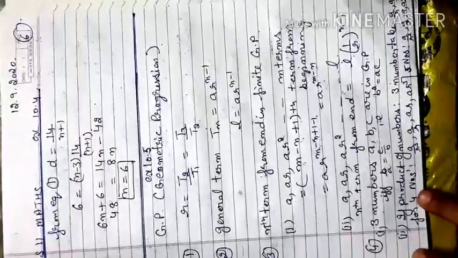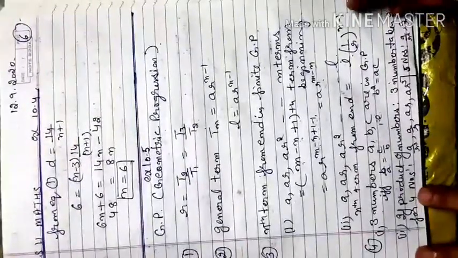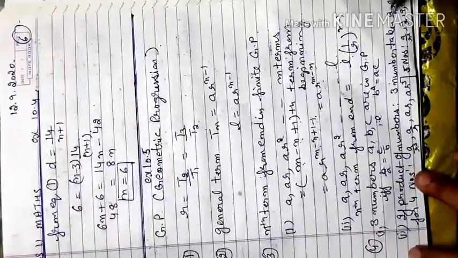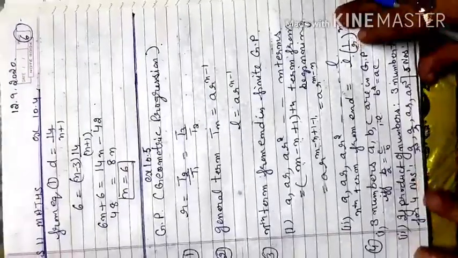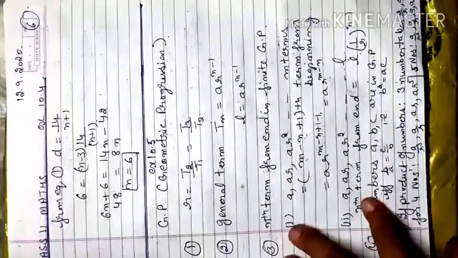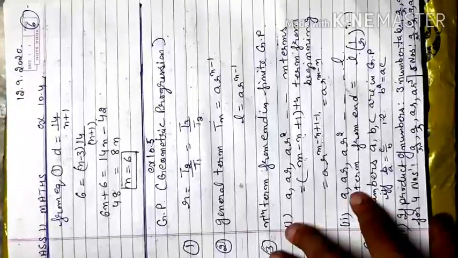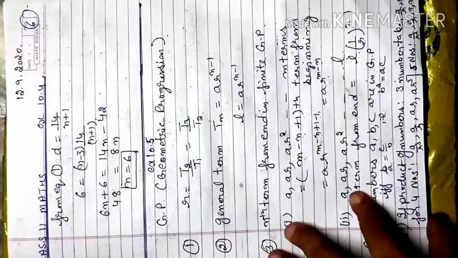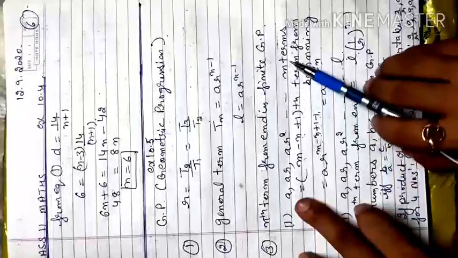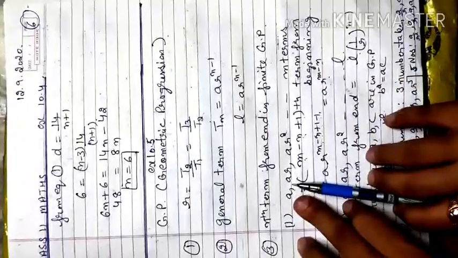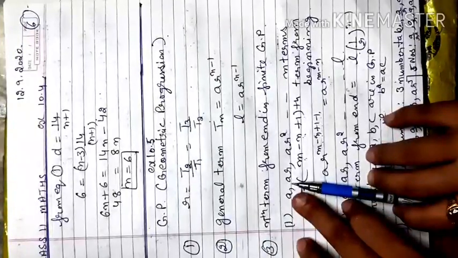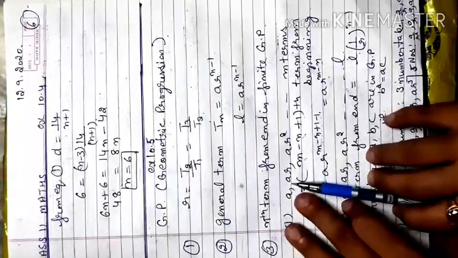But if a consecutive number condition is there, you have to assume the consecutive numbers, like three numbers, you will take as a by r, a, AR. If you have confusion, remember like in AP series, when d is subtracted, like a minus d, a plus d. So you can remember from that: if we go from the starting to the end position, the power of r increases, but if I go from the end to the first position, r becomes reciprocal.